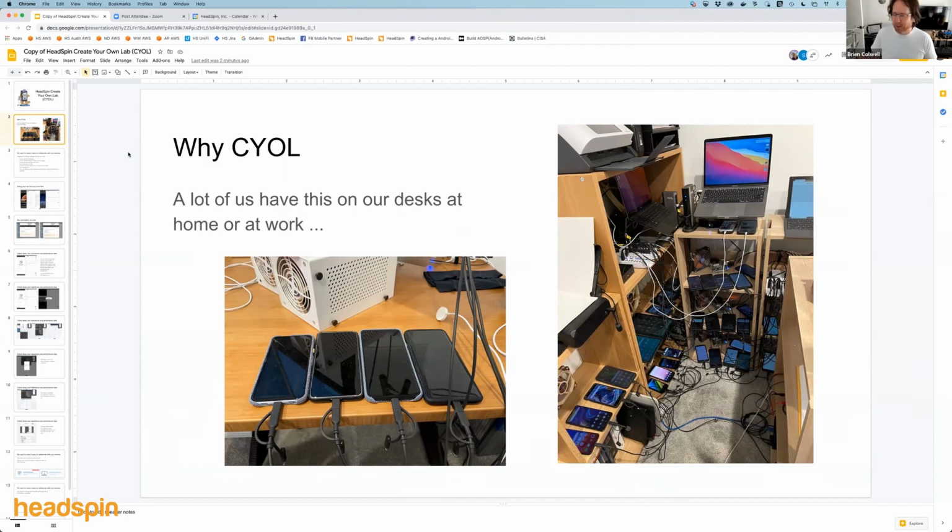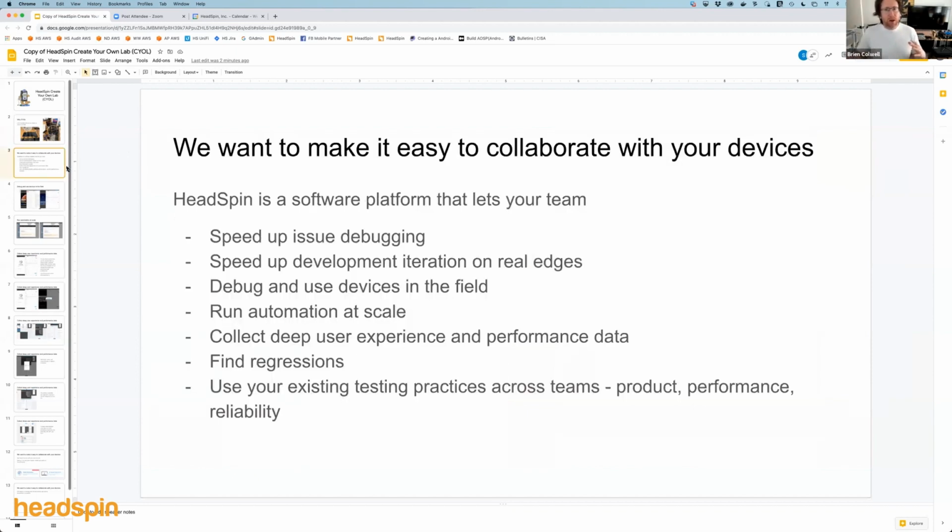Whether we're small developers and we just have a few devices sitting around, or whether we've been running our own in-house lab, we have a scenario where we have a ton of devices and a ton of capability, maybe in one location, maybe in several locations with satellite offices. And at HeadSpin, our mission is to make it easy for your team to collaborate and use these devices to be